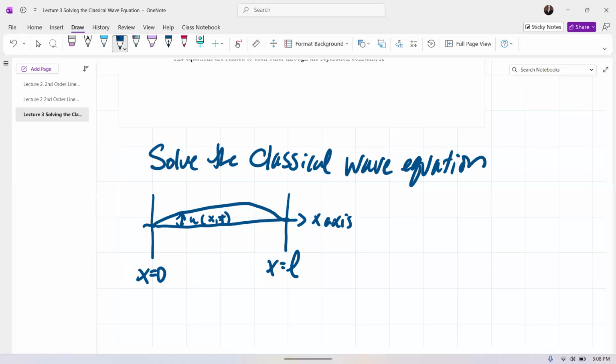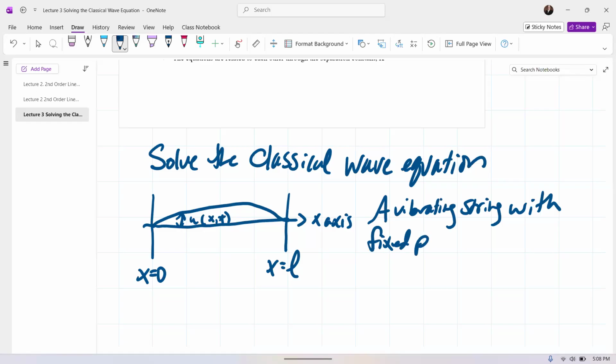So this is, for example, a vibrating string with fixed points. This is very important. These are fixed, right? They're nodes, fixed points